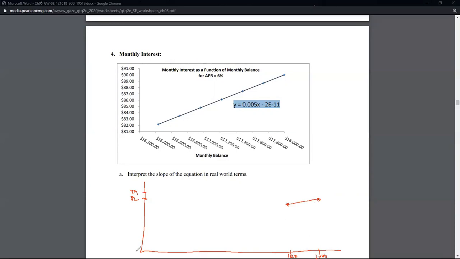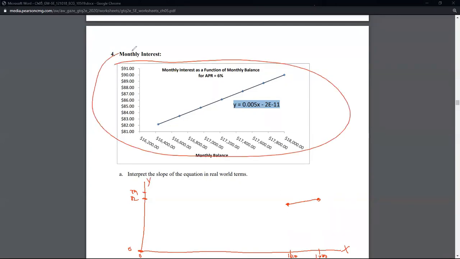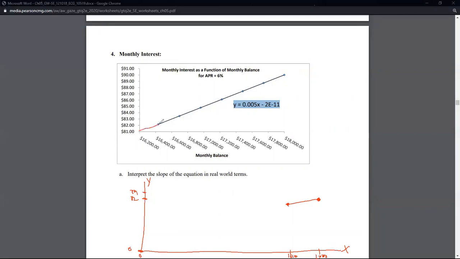This is a much better depiction if you want this to be 0 and 0 on the x and y axis respectively. That's what I mean by this picture right here is really a zoomed in picture of this model, this graph below, because this one does not have 0 labeled on the y-axis. This does not have 0 labeled on the x-axis. So these are not traditional x and y axes,